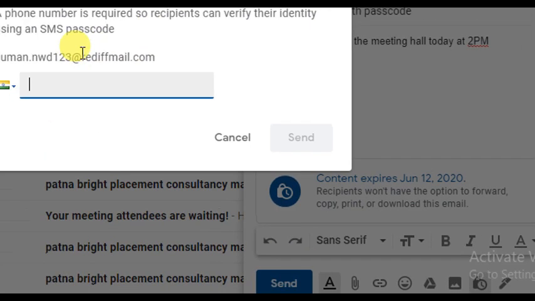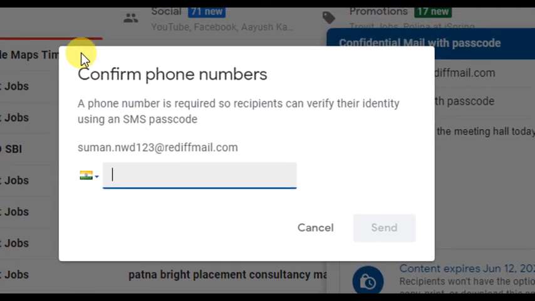Soon as you click this send option, you find a dialog box appears here, in which you have to type a mobile number on which the SMS passcode will be sent for proper identity verification. Here suppose I type my mobile number.